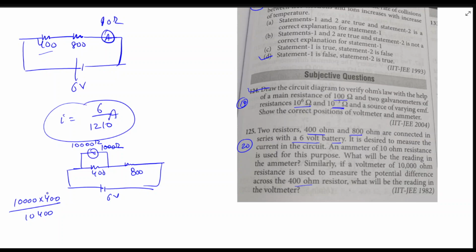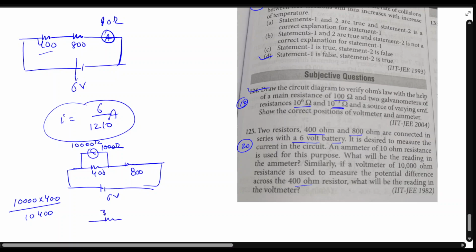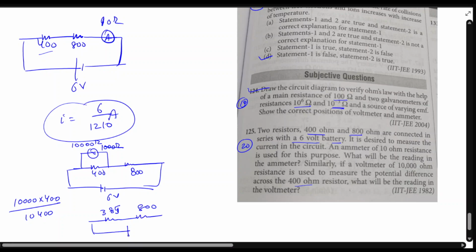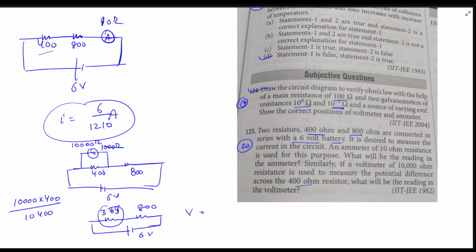So it is 10,000 into 400, right? Divided by 10,400. So we will approximately get 384.6. So we'll just write 385, and this is our 800, and we have a battery of voltage 6 volt. So we can find the potential difference across this. So it will be 385 divided by the sum of them. So it will be 385 over 1185 into overall 6. So we will get